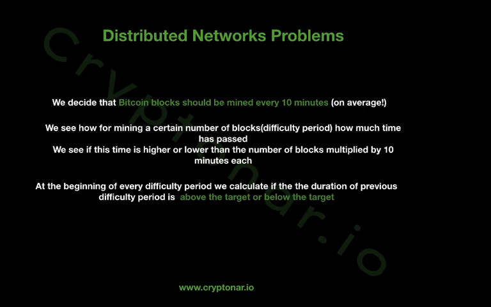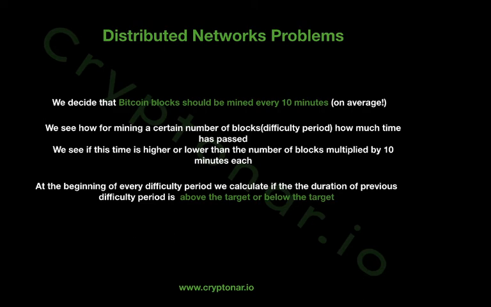So what we do here, we say, okay, let's assume we would really like to have a Bitcoin block created every 10 minutes, no matter what. This is really what we would like in order to have this monetary policy where in the year 2148 no more Bitcoins are created. So on average, we would like every block to be created more or less every 10 minutes.